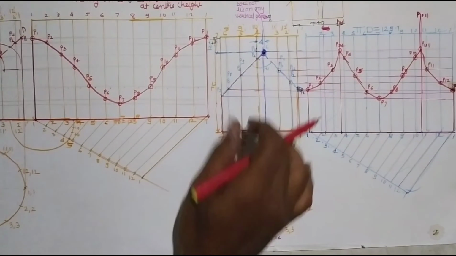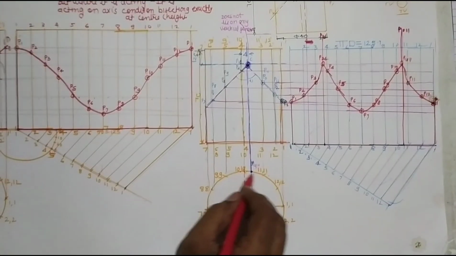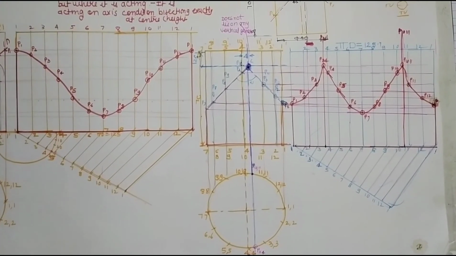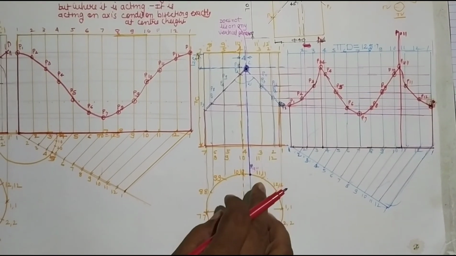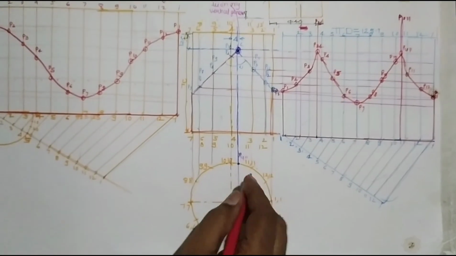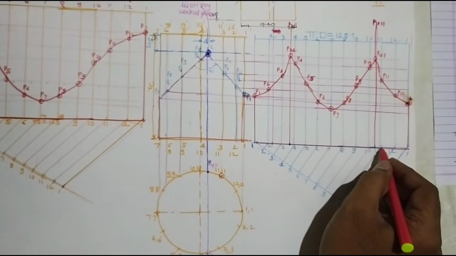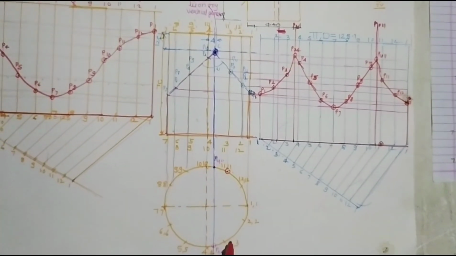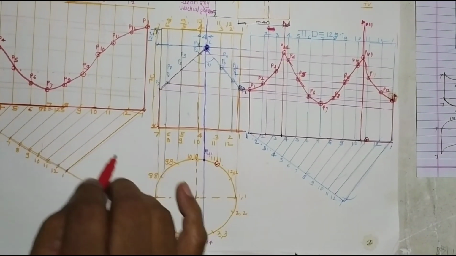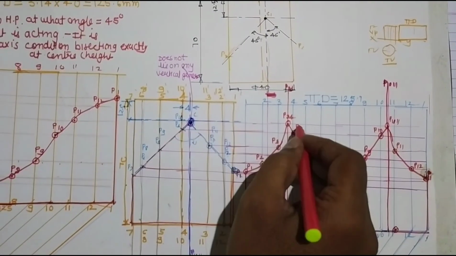So what we have seen in this problem is that one point of the cutting plane is not on a vertical generator. How to transfer it? First transfer it in the top view. See where it lies and name the point between which two points: here 10 and 11, here 3 and 4. Mind it well. Where is the metallic pointer and where is the pencil pointer? If you have taken the metallic pointer on 11, here we have to take it on 11 only. Here the metallic pointer on 3, we have to take on 3 only. The pencil pointer is only for marking the same distance. So we obtain the vertical line and transfer those points. Only these two points are very important.